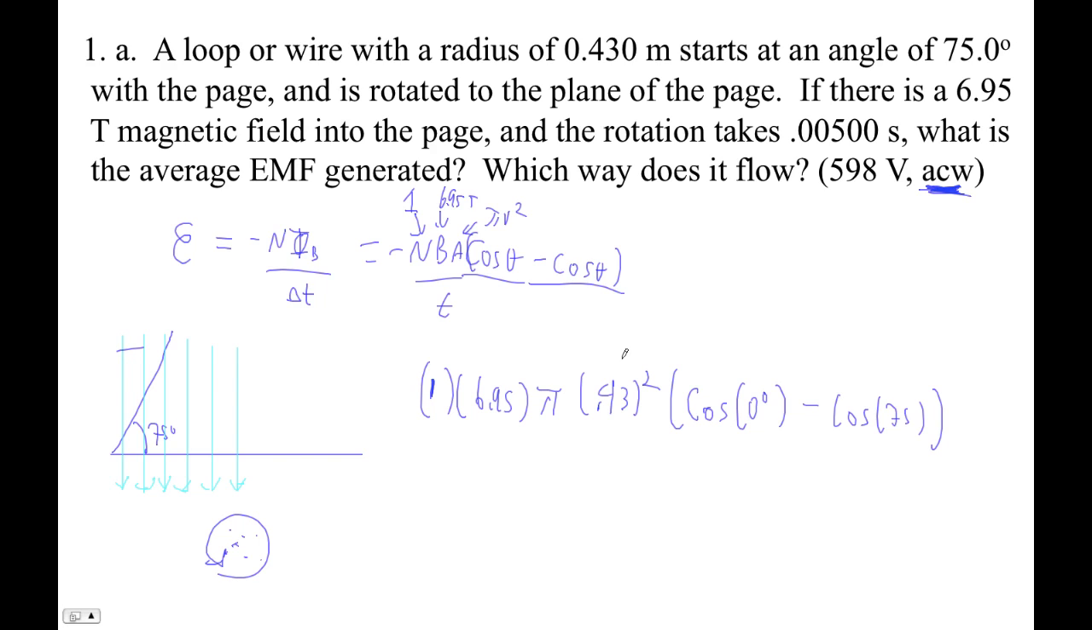Okay, let me check my mode. I am in degrees, okay. All right, let's go. It takes me to the beginning of the expression. How silly. Minus cos 75. All right, so now divided by the time. Forgot to divide by the time. How long does it take? 0.005. All right, divided by 0.005. 598.447